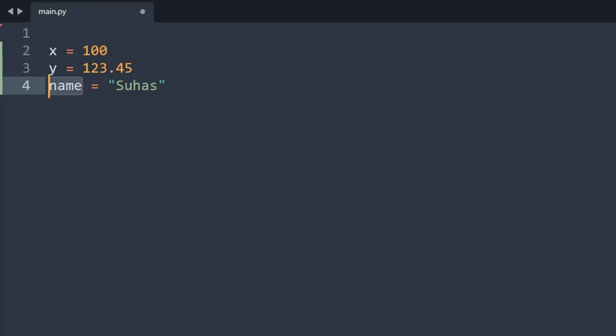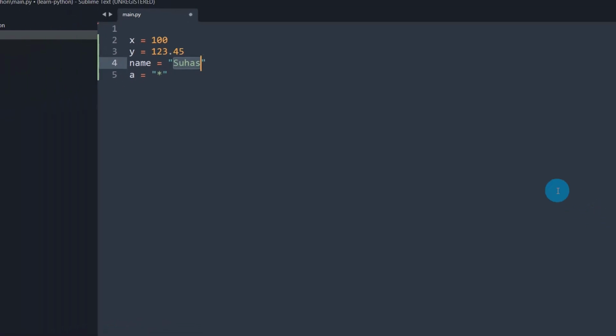Now I have stored the name Suhas inside variable name, okay? Now the data type of name is a string. And let's say a equal, I want to store whatever it may be, p. Here p is just a single character, okay? Or let's say you want to store 4. It's also a single character. Or you want to store, let's say, star. So whatever it can be, the data type of a will become a character. One thing to note, in Python we don't have any difference between character and string. A string with a length of 1 will become a character in Python. This is also a string basically, but the length of this string is just 1 because it has only one character, whereas here we have 5 characters, correct?